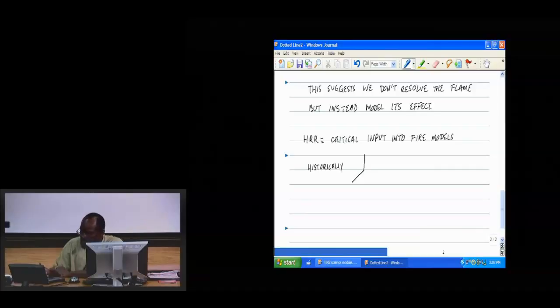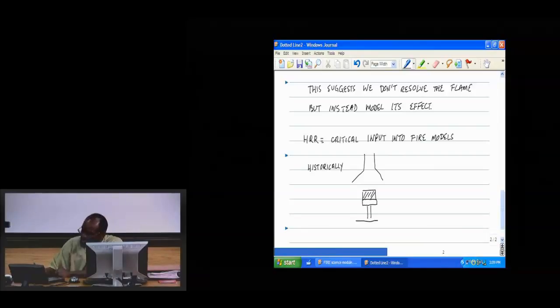So if I want to know how a particular piece of plastic or a particular piece of foam burns, sort of the simple way to do it is I'd stick it on a load cell. So I measure the mass as a function of time after I ignite it. So I ignite it, I got a flame, I measure the mass loss rate as a function of time,